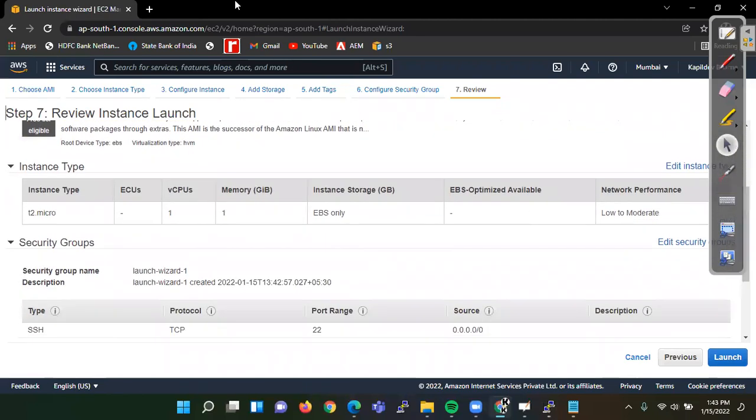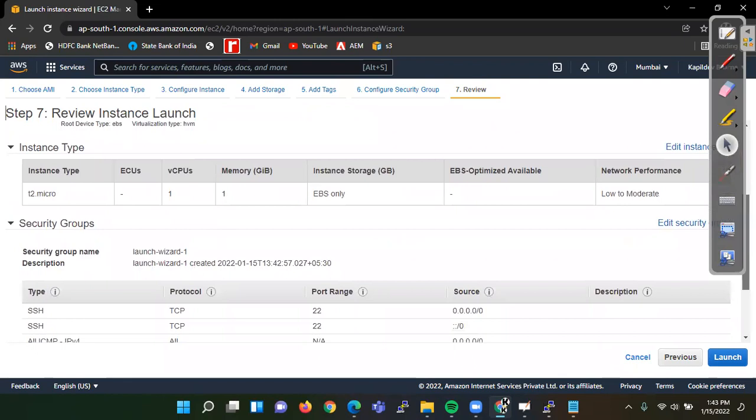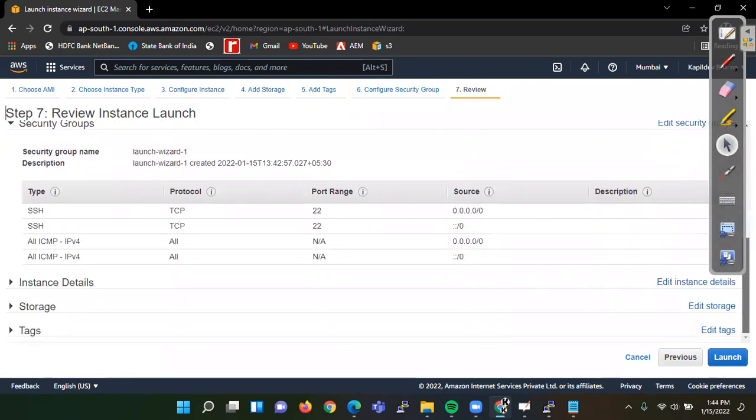Yes, Kapil sir. Okay, fine. No, just for the demo, if you take all traffic also, then it is also okay for the security group. You can use all traffic, so that means SSH, TCP, RDP all access are automatically allowed.